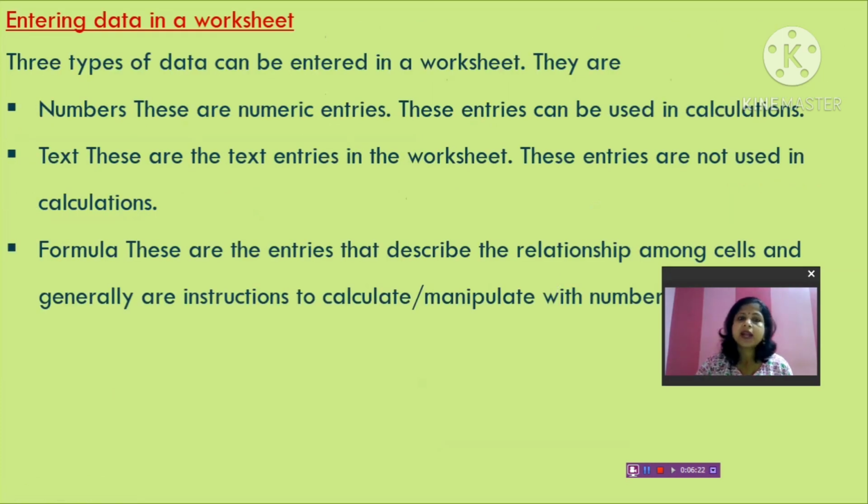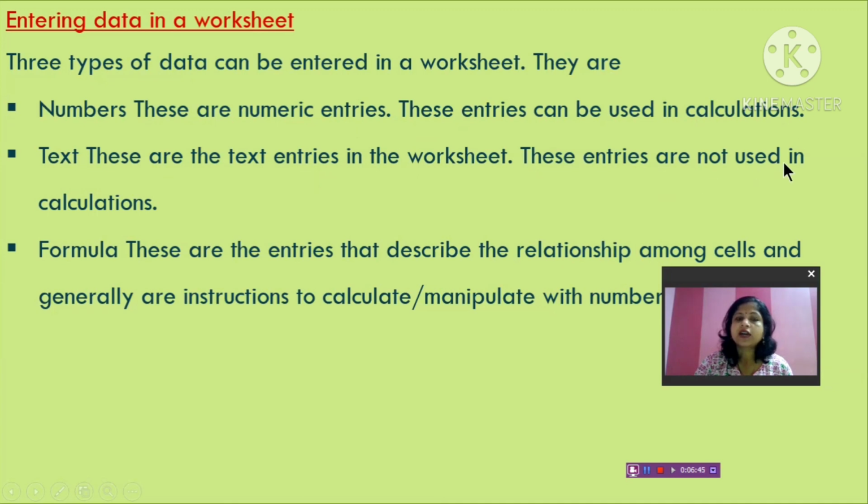Three types of data can be entered in a worksheet, that is your numbers, text and formula. Numbers, these are numeric entries. Okay, means 1, 2, 3, 4, 100, 200 like this. You can enter also scientific data, decimal numbers. Okay, these entries can be used in calculations. Text, these are the text entries in the worksheet.